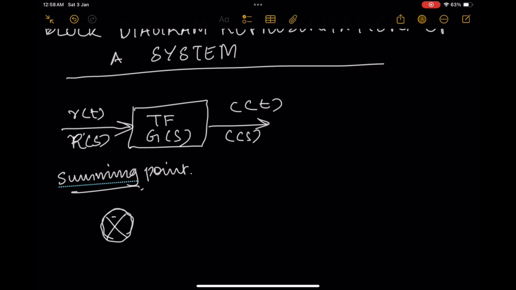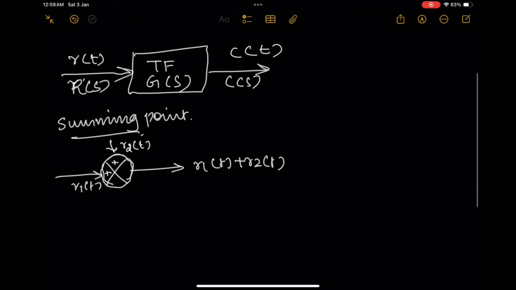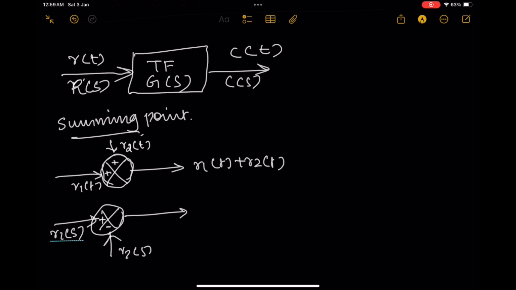And I could write add, if I am adding two signals. So here I am writing R1 of t and R2 of t, and I am giving them as input to the summing block. It means that the output from the summing block will be R1 of t plus R2 of t. Similarly, I could also do subtraction with the same block. So I'm writing minus, I'm writing plus. R1 of s, I'm representing in Laplace form. So R1 of s, R2 of s, the output of the system will be R1 of s